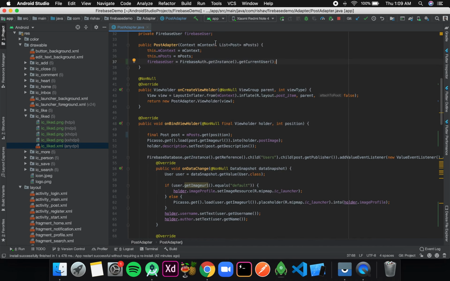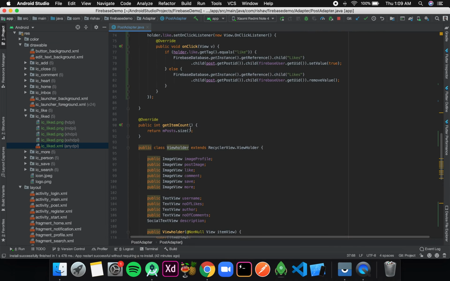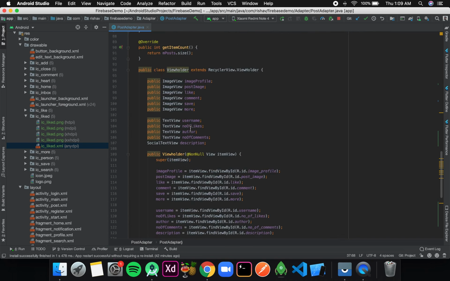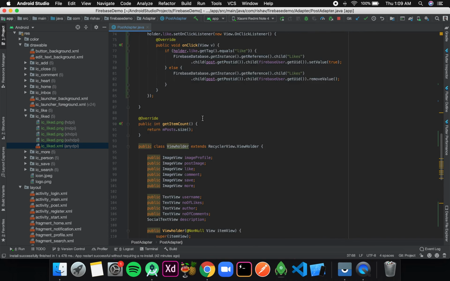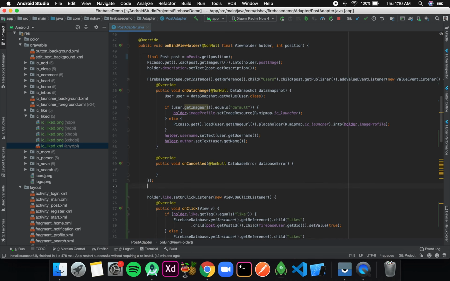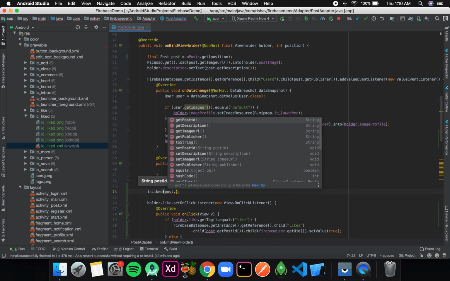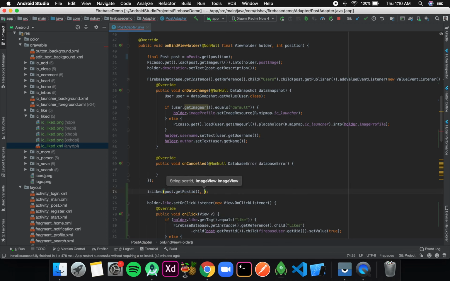Now it is initialized throughout the Java file. Now I need to call this isLiked method in our onBindViewHolder. It takes a post ID, so the post ID is post.getPostId(), and the image view is holder.like.